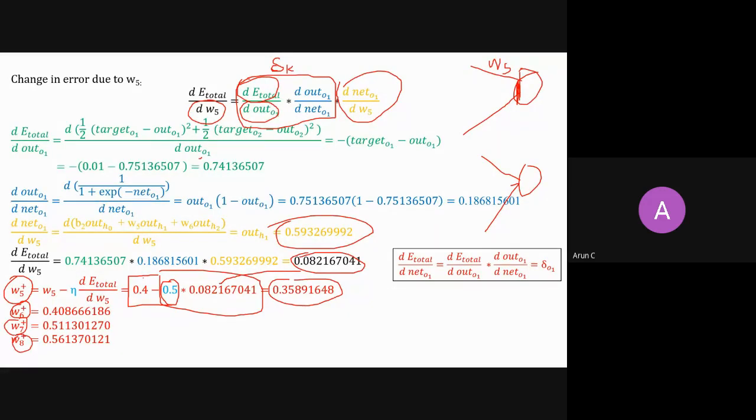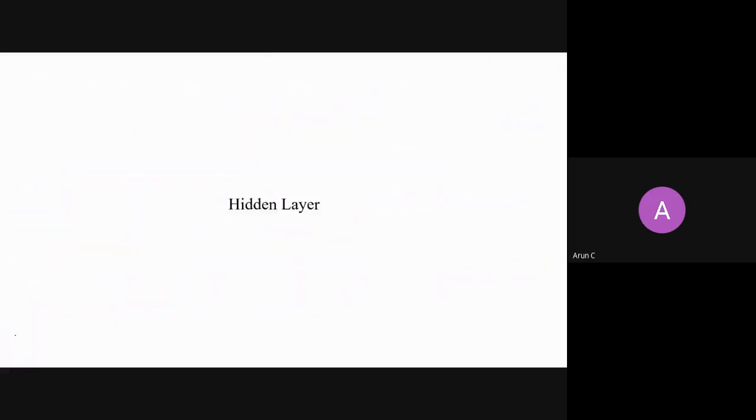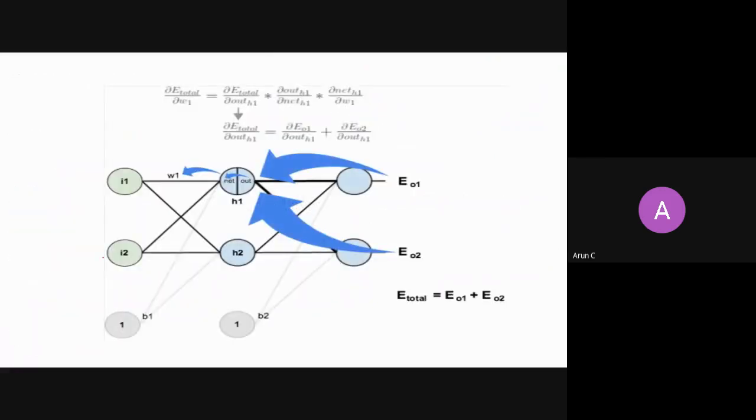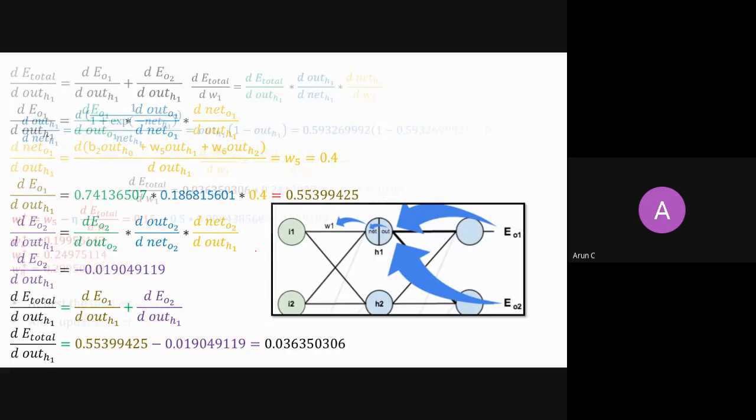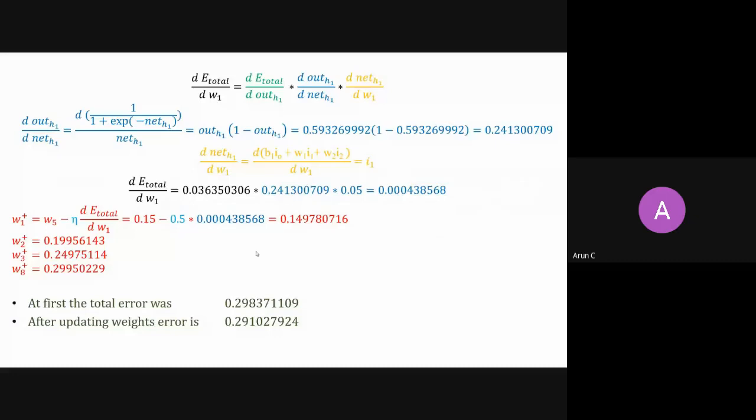Once you calculate it, you freeze it, right? Then go to the hidden layer. The hidden layer says that you need to just sum them from both the edges, right? And you are good at it. When you do all these things, you calculate it, you just go over the slide, you will find out that you are able to compute it. These are very self-explanatory slides, right? So you need to spend the time on it. I will share this with you.